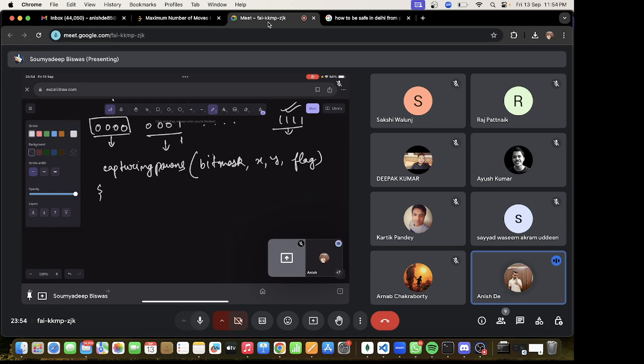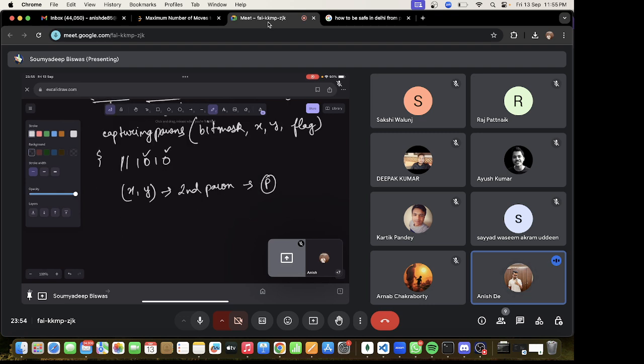In bit masking we will know which pawns are captured and which pawns are not captured. For example, if this is the state, we know the second and the fourth pawn haven't been captured. So we will see from XY to, let's say, the position of the second pawn, how many moves does it take. Let's say it takes p moves. So we will be updating our answer dp bit mask